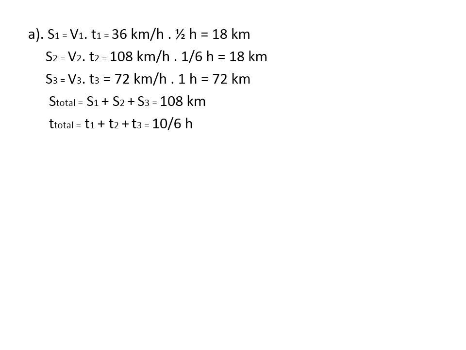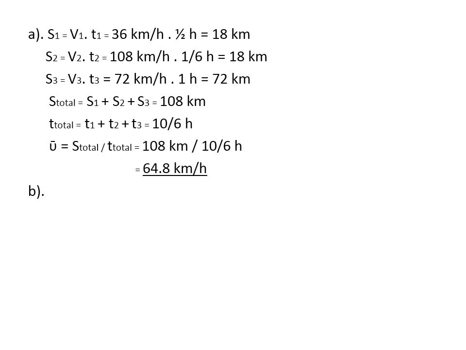T total equals T1 plus T2 plus T3 equals 10 per 6th hour. After we have determined S total and T total, we can determine average speed. Average speed equals S total per T total equals 108 km per 10 per 6th hour equals 64.8 km per hour. For question B,